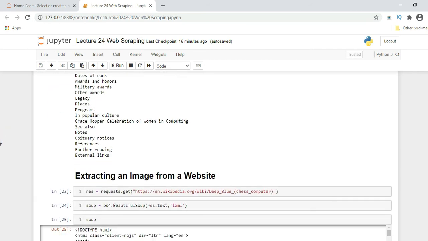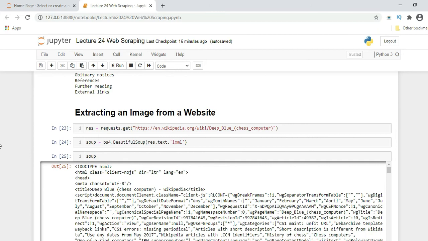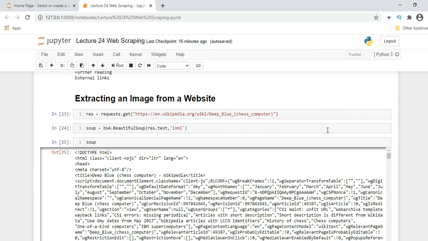Okay, now extracting an image. If you want to extract some images from a website, again we are using the same requests method. The variable name is res equal to requests dot get. This is the URL which we are using.